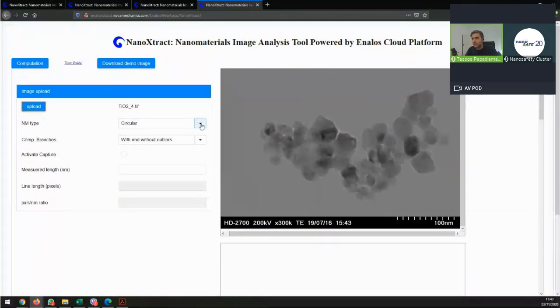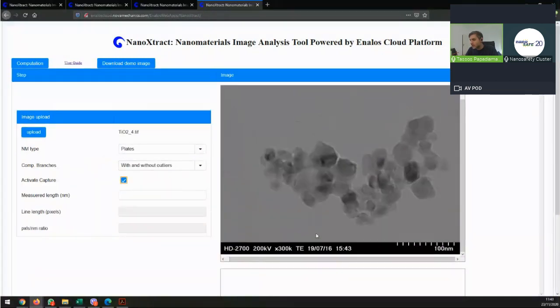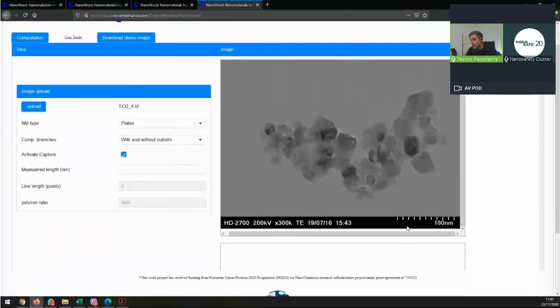So these are plates. I would be more comfortable to use Chrome for this image, to be honest, but let's try.